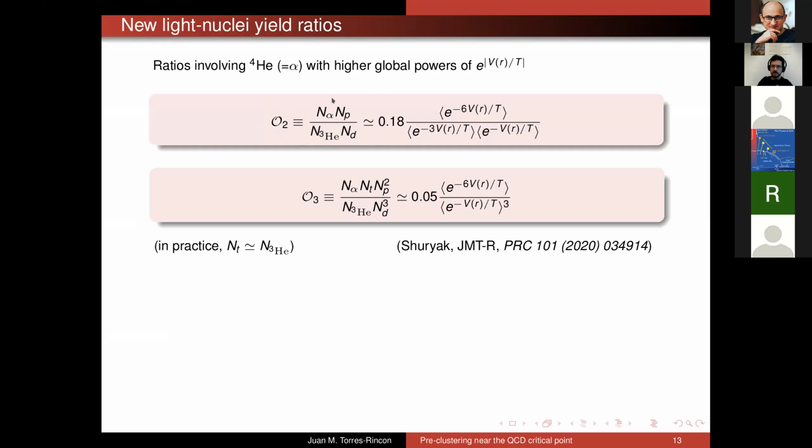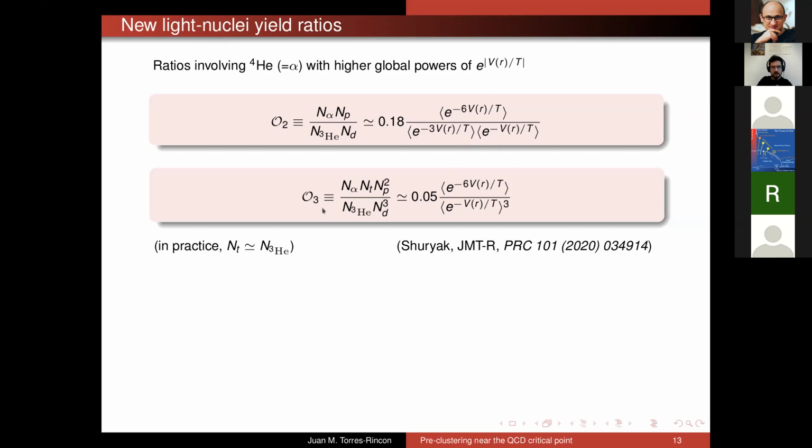You obtain that every temperature and chemical potential cancel here. You get a prefactor, which depends on the different spins, the degeneracies of the states, and relations between masses. And also these non-ideal factors. This one coming from the alpha particle, this one coming from helium-3, where you have 3 particles, so you have 3 potentials. And this one is coming from the deuteron, where you have 2 particles, proton and neutron, and then you have 1 interacting potential. So then the overall factor here is the exponential of power of 2 times the nucleon-nucleon potential over temperature.